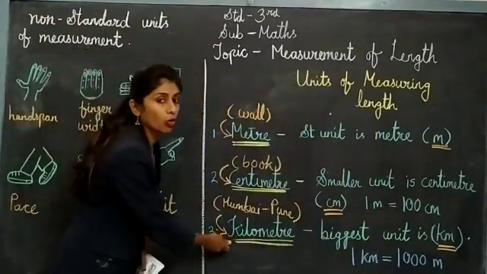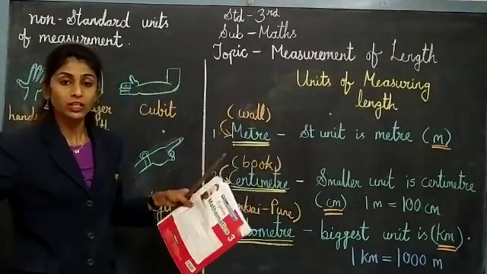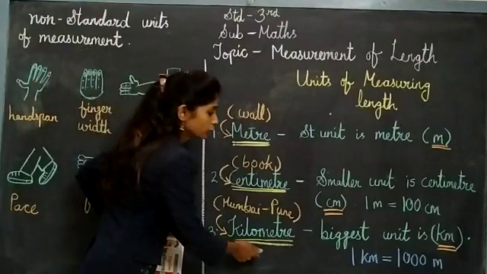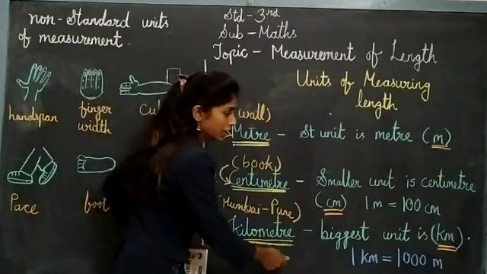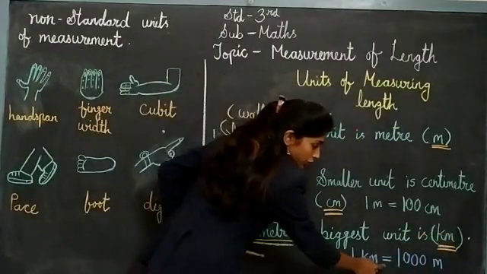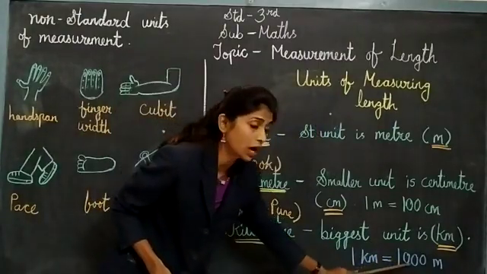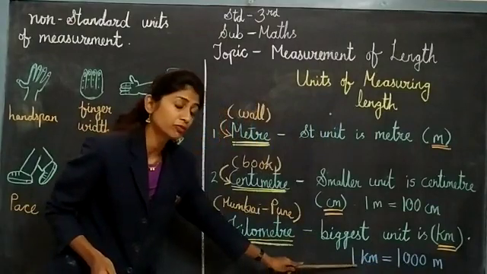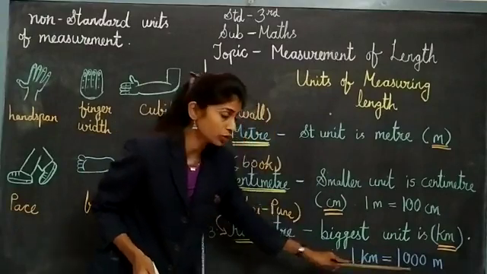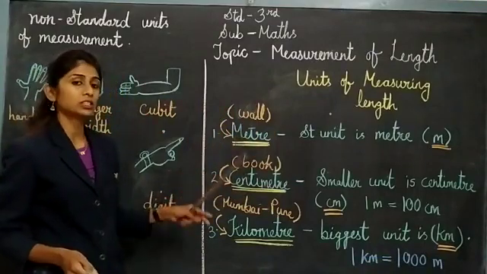Then the third one is kilometer. Kilometer is used for bigger, longest things like road, some area, longer distance, some place distance. That time you are going to use kilometer. And how do we write kilometer? Km is the form. Then again, 1 kilometer is equal to 1000 meter. Now you understood, children, 1 kilometer is equal to 1000 meter. If I want to make something of 1 kilometer, I have to put 1000 meter in it. So kilometer is the biggest, centimeter is the smallest, and meter is the middle thing.